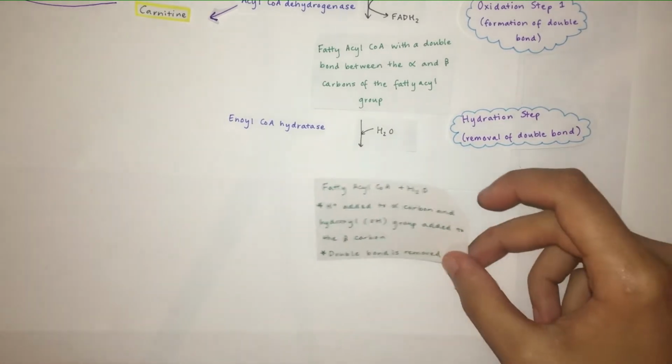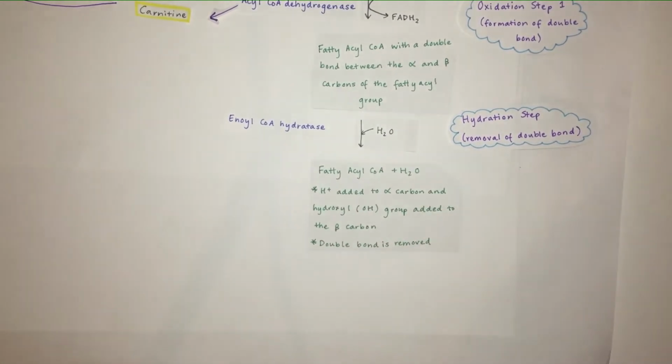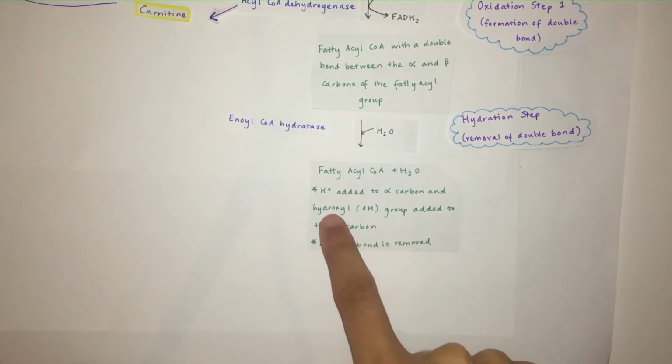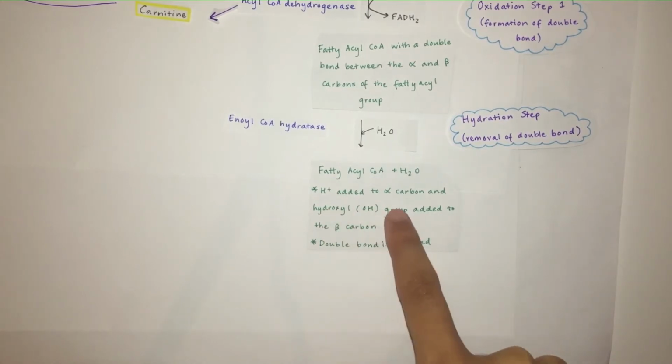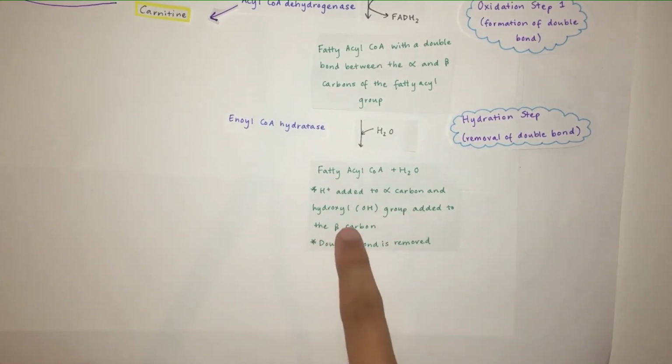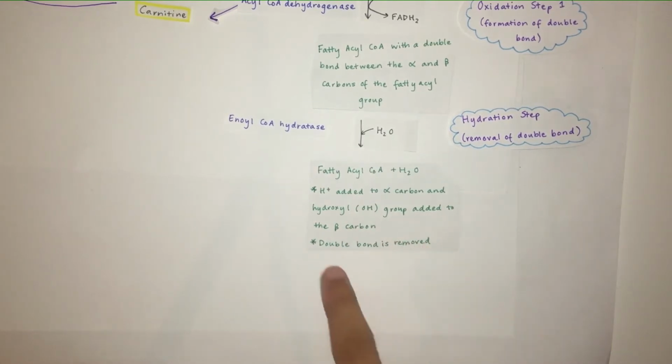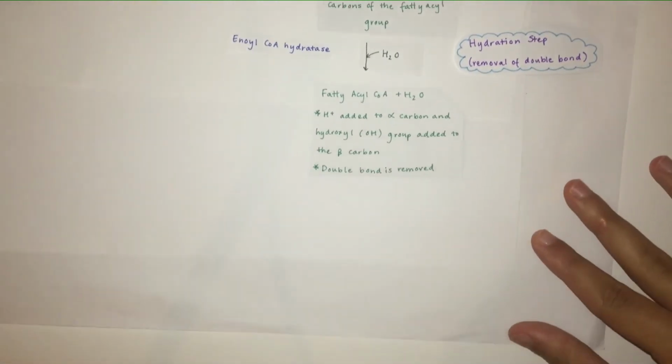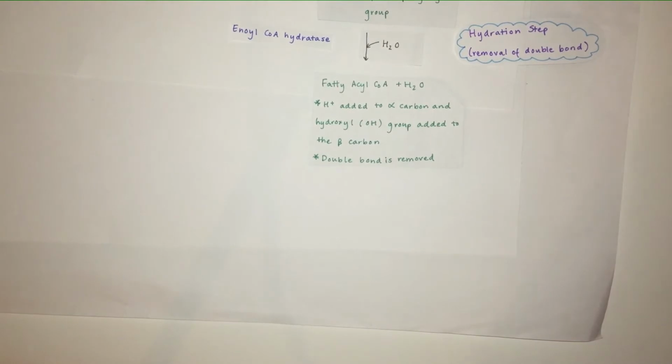So the fatty acyl-CoA with a double bond becomes a fatty acyl-CoA plus a water. So a hydrogen ion is added to the alpha carbon and a hydroxyl group, which is an OH group, is added to the beta carbon. And the double bond is removed. That's the key parts of this step. I would just commit that to memory. Writing it out a few times should do the trick. The next step is